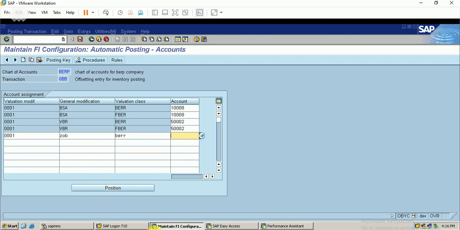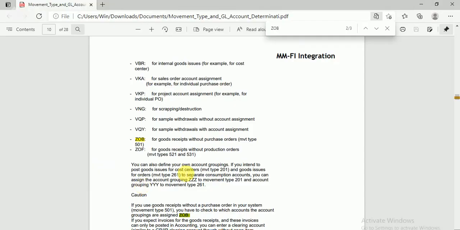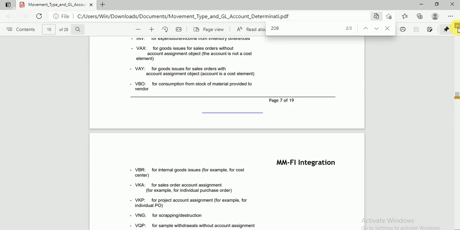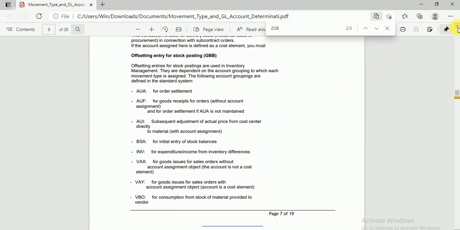So I will just tell you what is ZOB. I have a PDF. I will just show you. So you can see here these are the account modifiers with the GBB, that is the offsetting entry for inventory posting. You can see here the offsetting entry for stock posting GBB, and these are the account modifiers associated with this GBB.